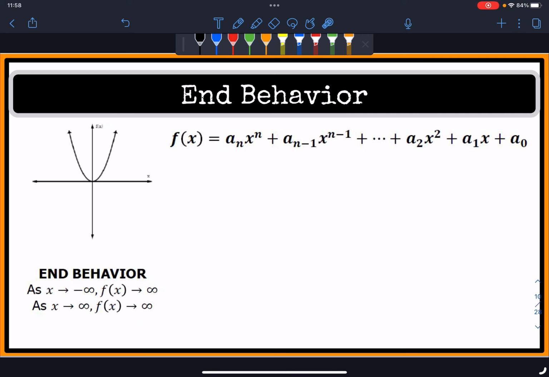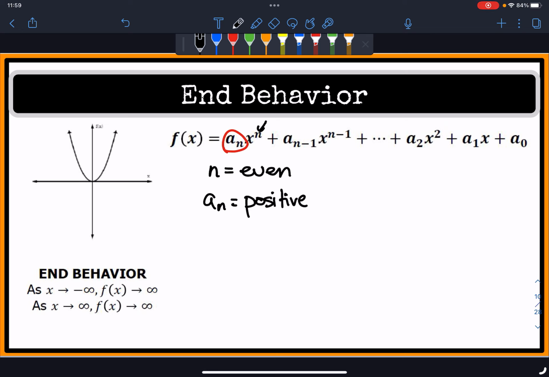If this term, the exponent n in the very front, is an even exponent, and a sub n, this leading coefficient, is a positive number,